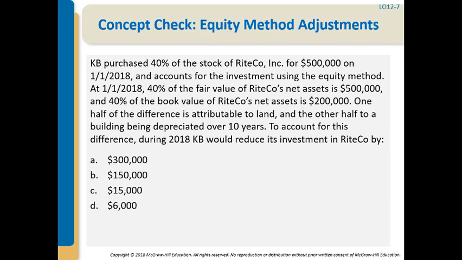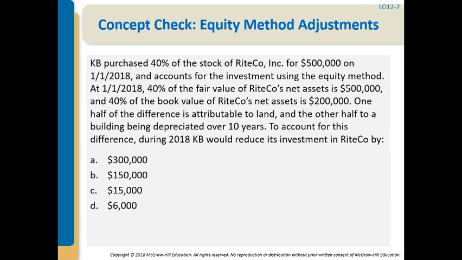At 1/1/18, 40% of the fair value of Rightco's net assets is $500,000 and 40% of the book value of Rightco's net assets is $200,000. One half of the difference is attributable to land and the other half to a building being depreciated over 10 years. To account for this difference during 2018, KB would reduce its investment in Rightco by,